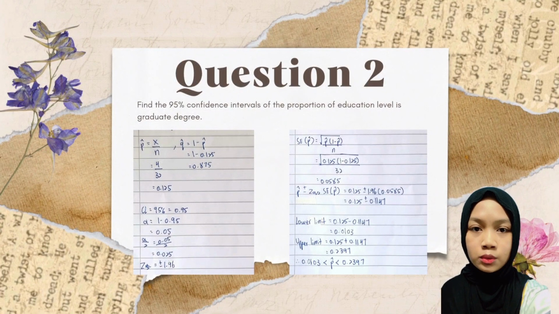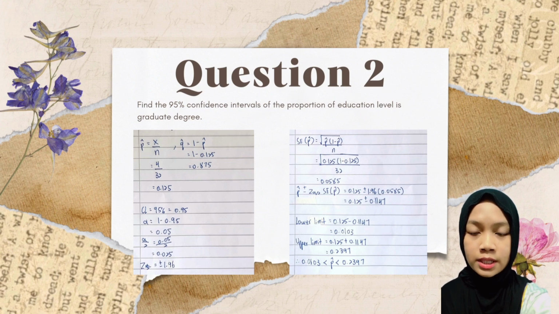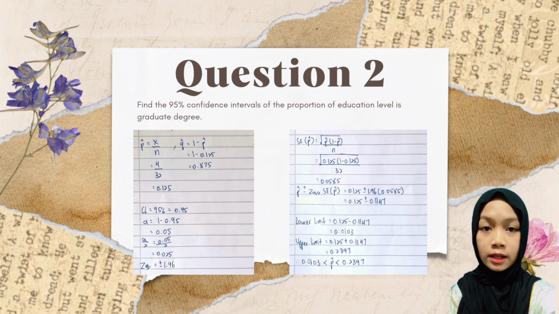Next, question 2. Find the 95% confidence interval of the proportion of education level that is graduate degree. For this question, I use the formula P hat equals X per N, which gives 0.125. For the confidence level 95%, I changed it to 0.95 and then subtracted it from 1 and got 0.05. After that, I divided it by 2 and got 0.025, and using the Z table I got